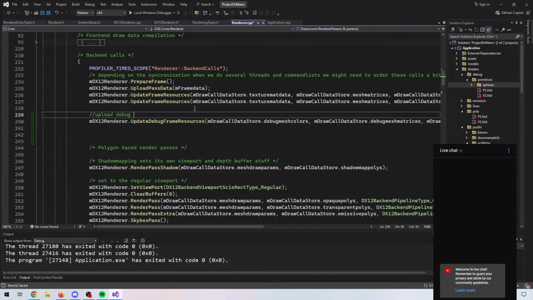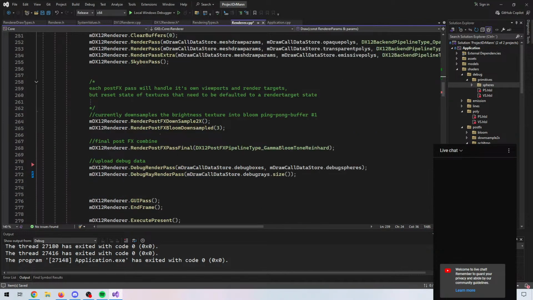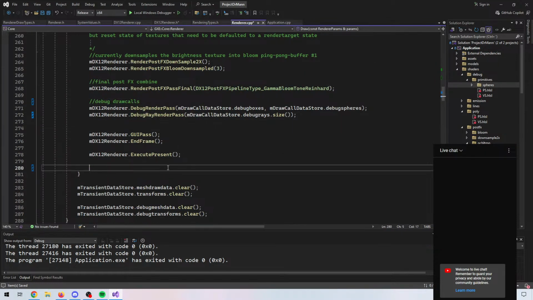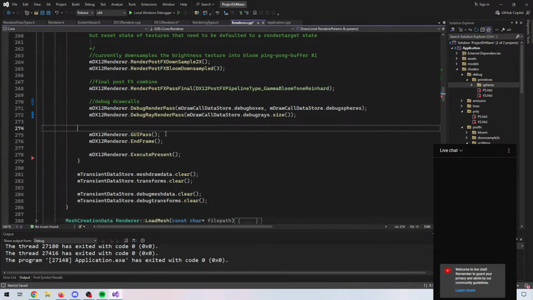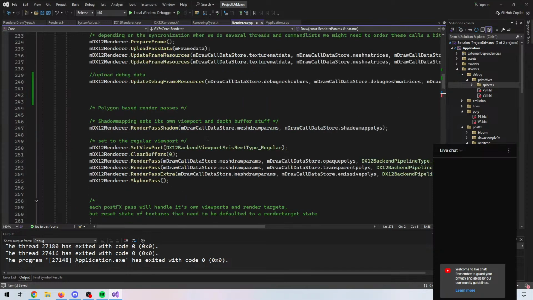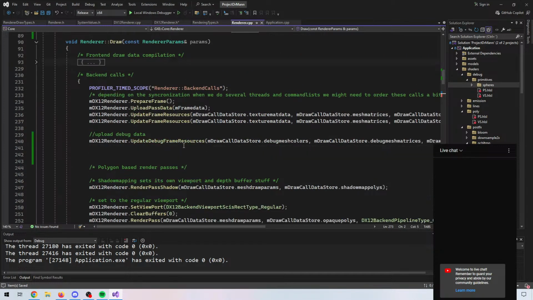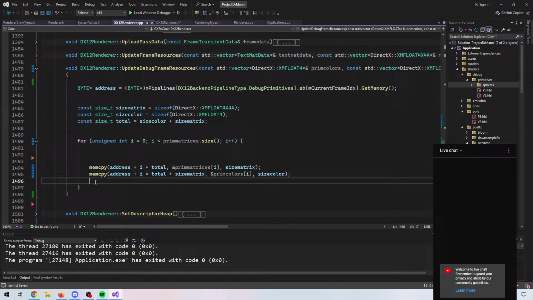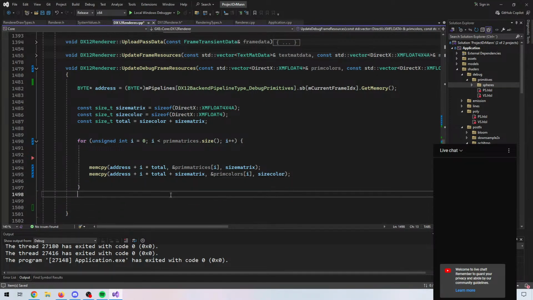Upload debug data. Debug draw calls. Okay. Update debug frame resources, and then